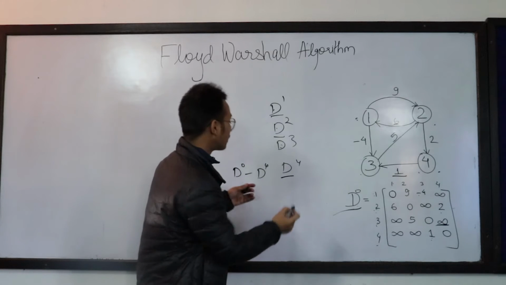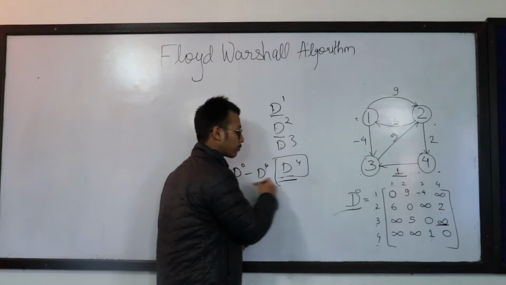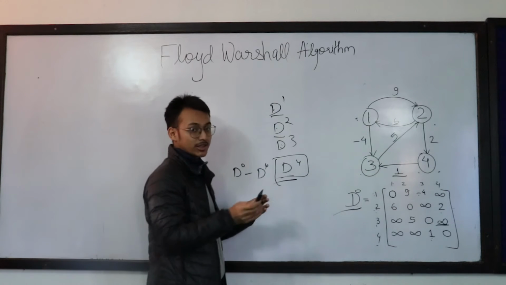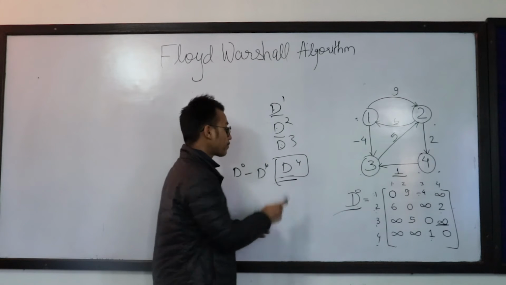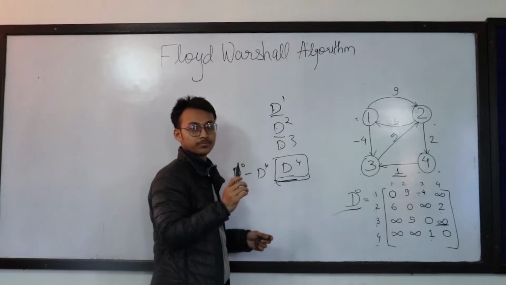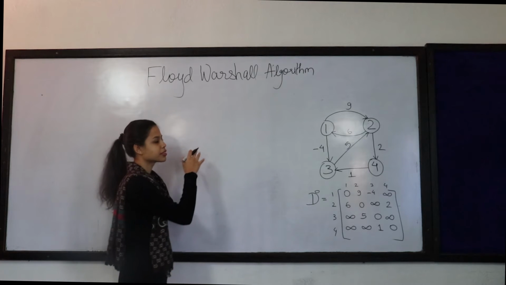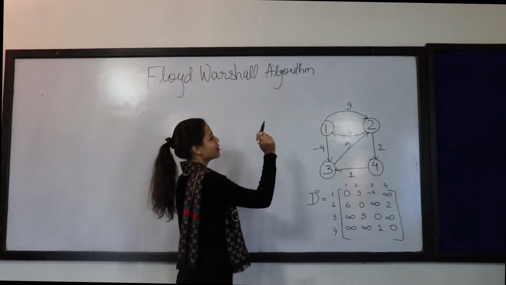Now, D4 will be our final result. So we store D4 for the dynamic approach, and this will be our result. And we can find the shortest distance from one node to another node, whatever it may be, in D4. So, thank you. Now we will construct the D1 matrix to find the shortest path between each node via the